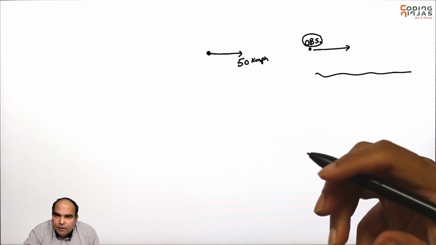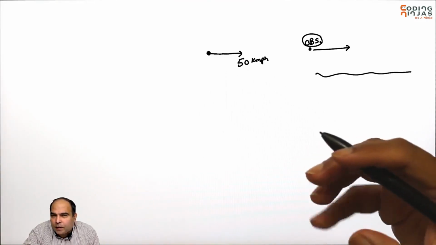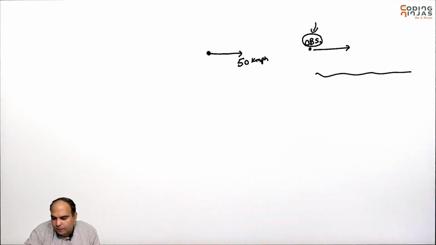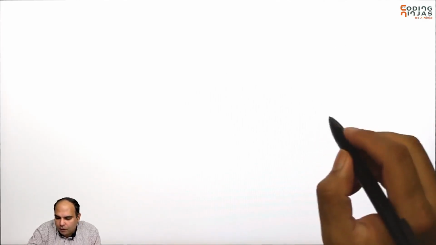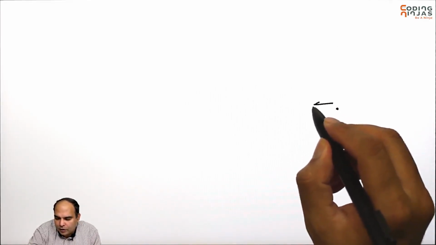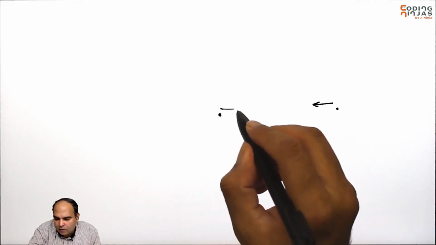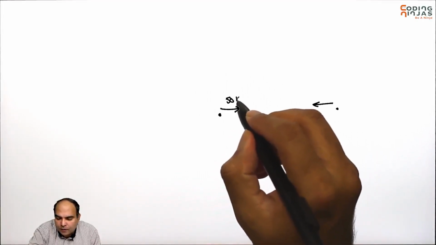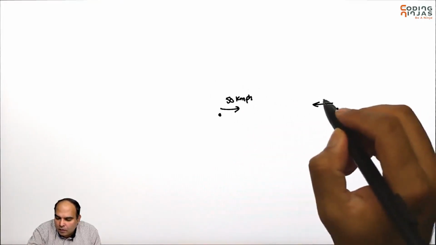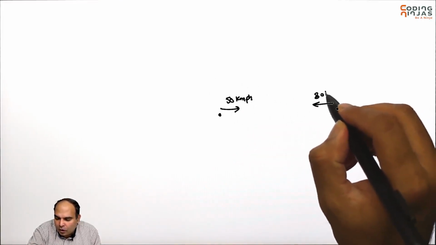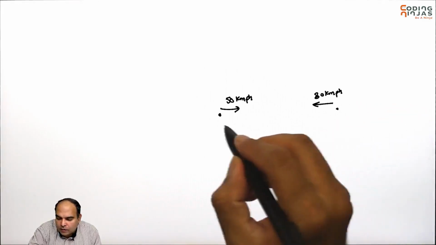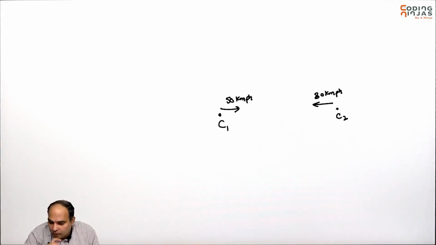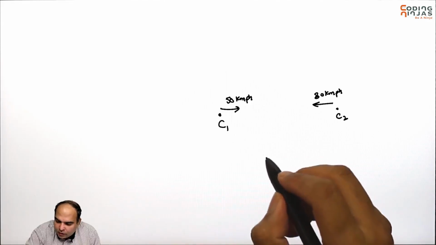But when you talk about relative speed, you start building the mathematics around what happens if the observer also starts moving. So if I have an observer who is moving in this direction, and I have a car which is moving in this direction. If this car is moving at 50 kilometers per hour and this observer is moving at 30 kilometers per hour, let's say this is also in a second car at which he is moving towards him, then this scenario shows the rate at which